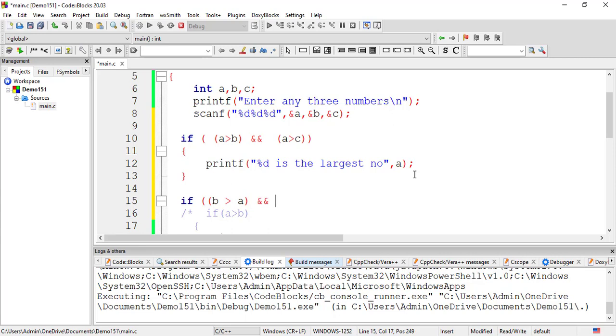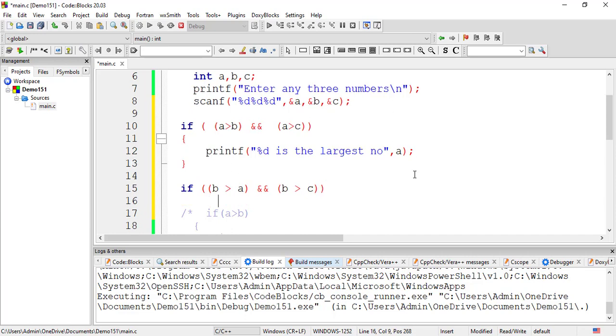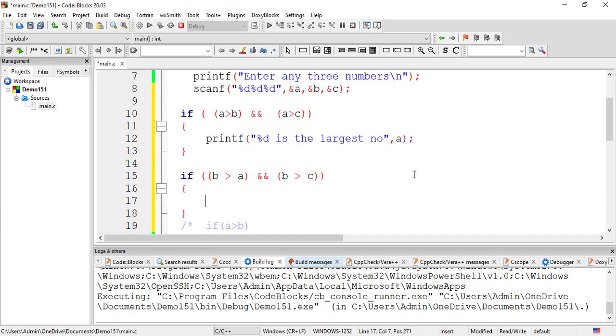and logical AND. Again, what expression will I write? B greater than C, and then this is combined, and if it goes like this, I can declare that the largest number is inside B, because B is greater than A is true, B is greater than C is true.